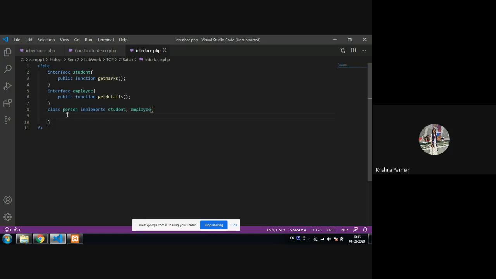So four different properties are required: one is ID, another is name, another is age, and another is marks. This way you can create four different properties in your class.